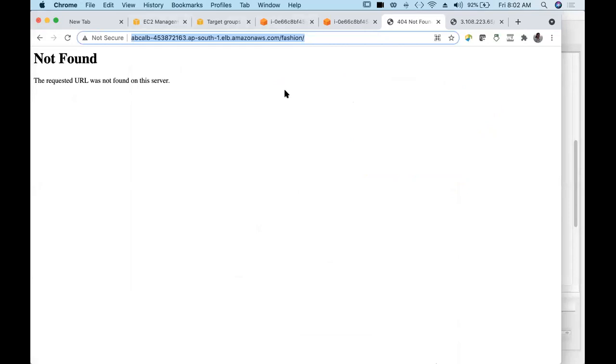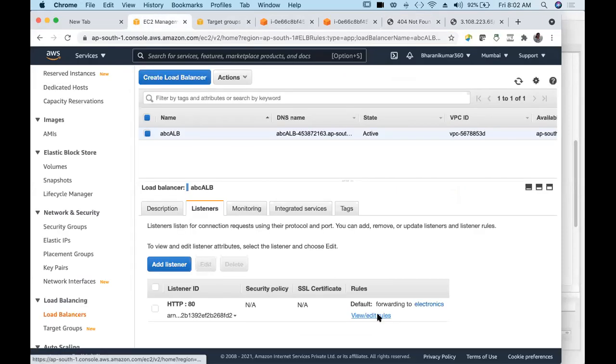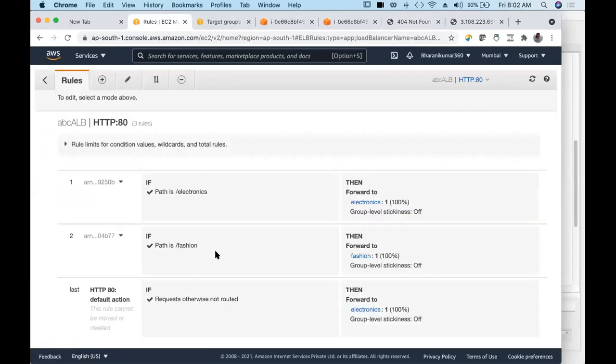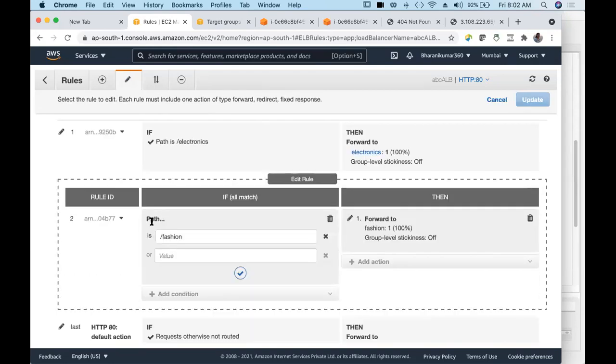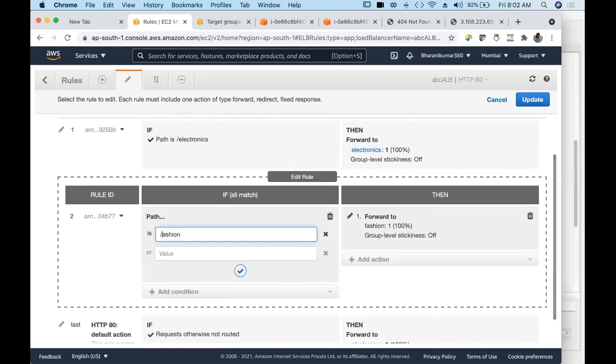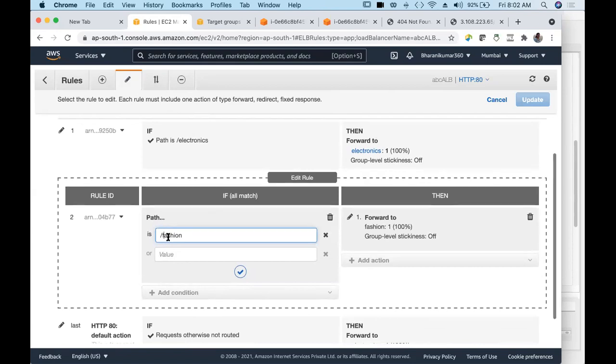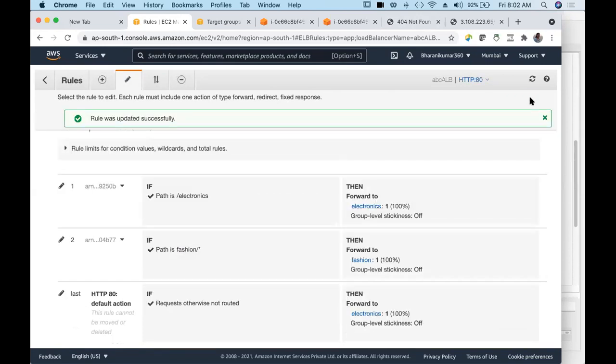Let us try to edit. View edit rules. Edit and updated.